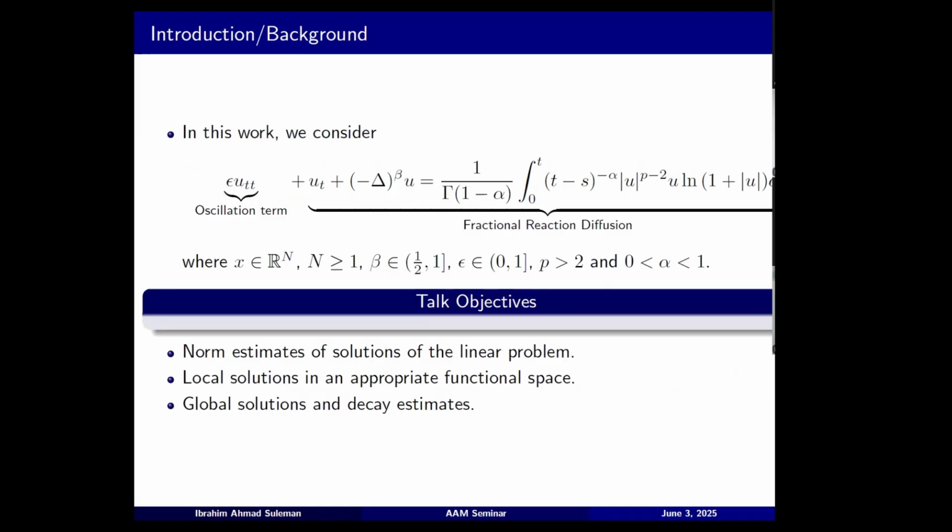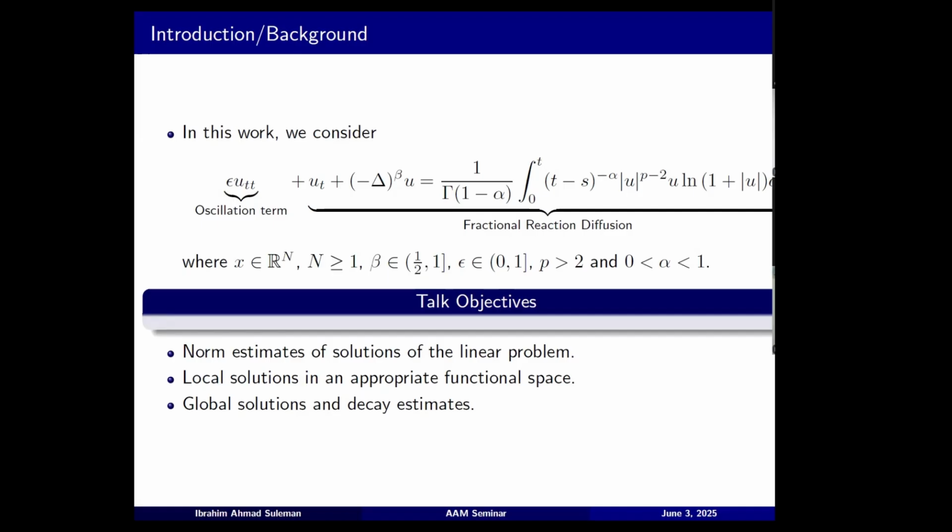Only that part has infinite propagation speed, but now we borrow the idea of Cattaneo to consider a fractional wave equation. For the nonlinear term, of course, it's non-local. We are considering integration from 0 to t. So the value of the operator on the left at time t depends on the value of the integrand starting from 0 up to t. But for the motivation, I'd like to leave this part to the literature review.